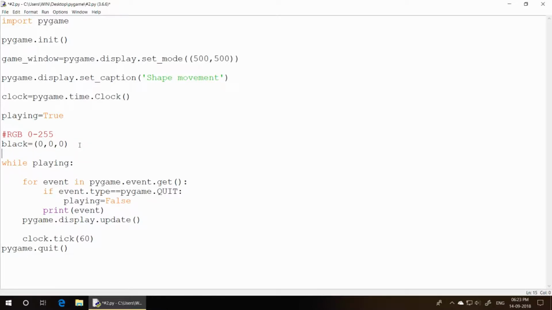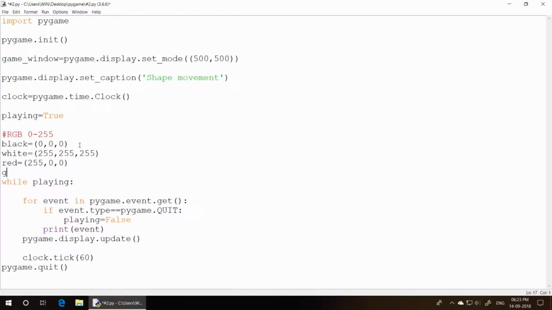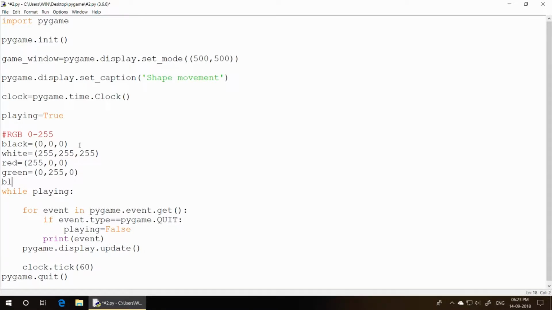And if you want to say a color is white, then it will be 255 255 255, the maximum value of all three colors. Then let's say red equals 255 0 0. Green equals 0 255 0. Blue will be 0 0 255. It's easy. Then if you want to fill white or any color in your background